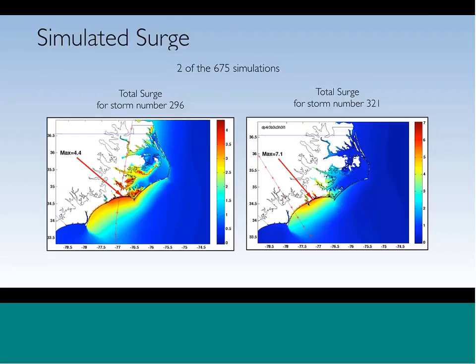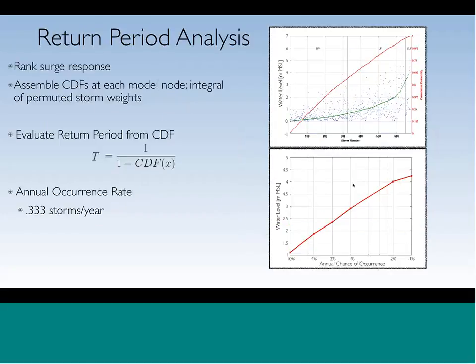So let me go back one step. Everywhere you see color, there's an ADCIRC node, a place at which the computation is happening. Now we have to turn this sequence of 675 storms into a probability surface. I'm going to show you what that looks like at one node. In the upper right, forget the text on the left, it doesn't particularly matter. You can see the blue dots represent the storm surge for every single one of the 675 storms at one specific location. There's a lot of scatter, but if you rank order them from smallest to largest and accumulate that, what you get is essentially a cumulative distribution function. And then you can go into that cumulative distribution function and say,